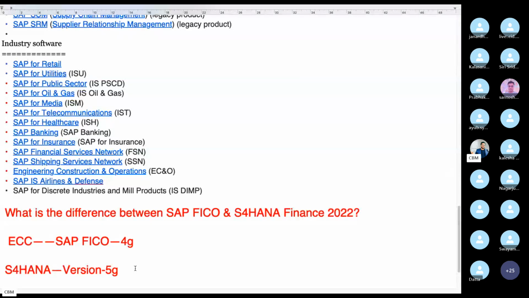S/4 HANA Finance is the latest version of ECC. ECC means ERP Central Component. This is the old version, and it has continued for a long 20 years. This version will end, with no more support from 2026 onwards. It will become completely obsolete, meaning this version will be no more. SAP has given an official notification that